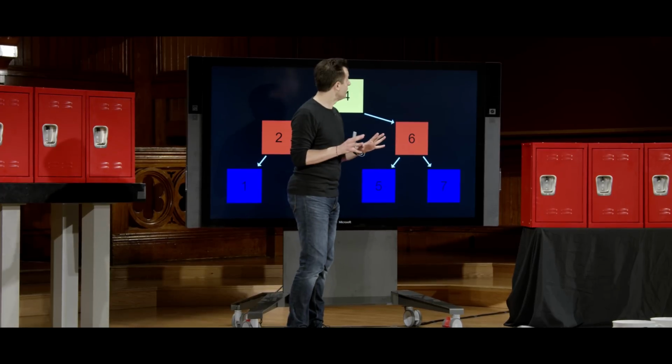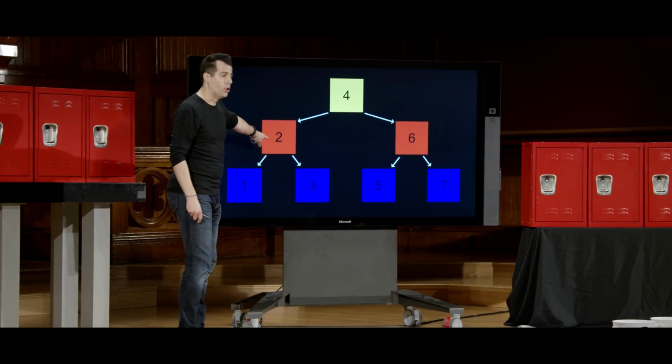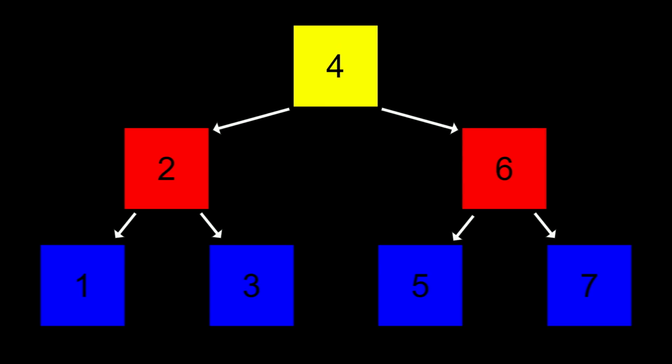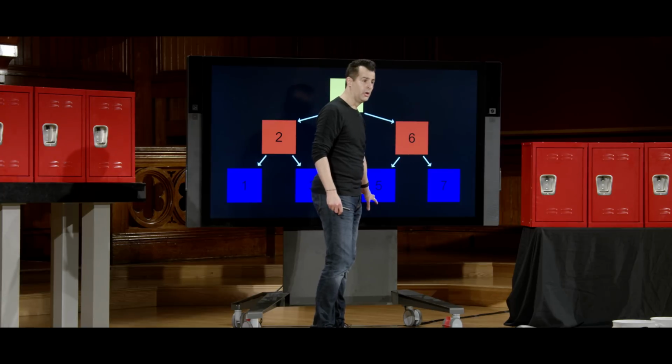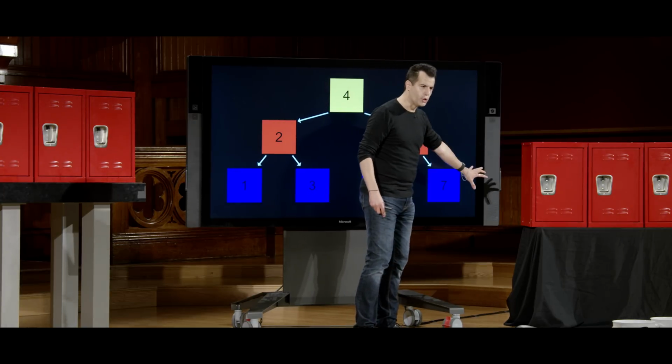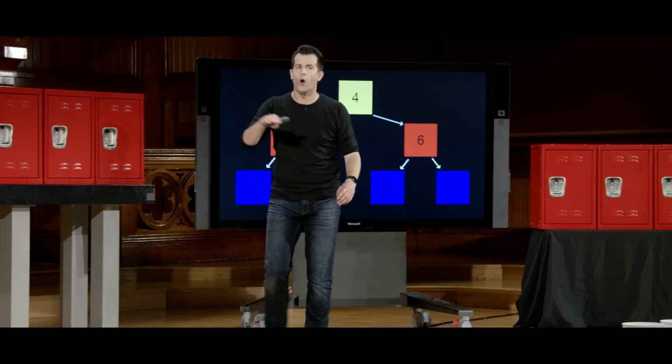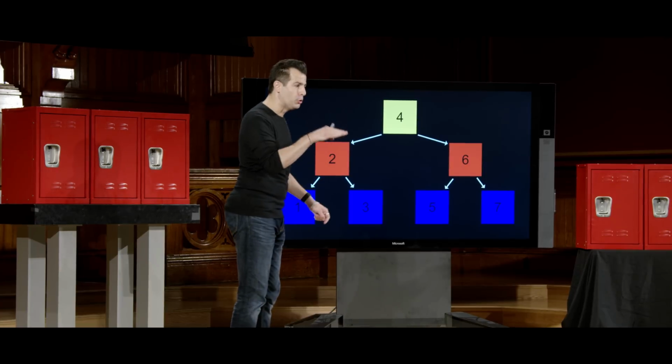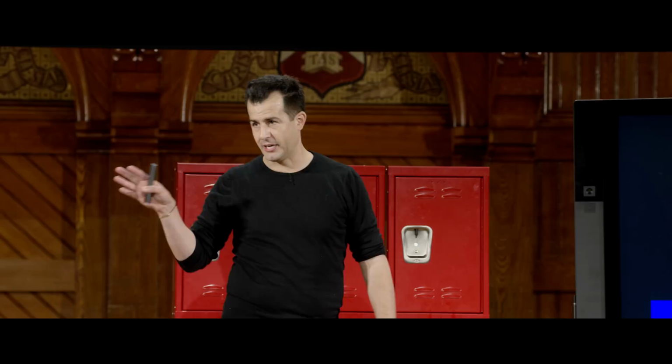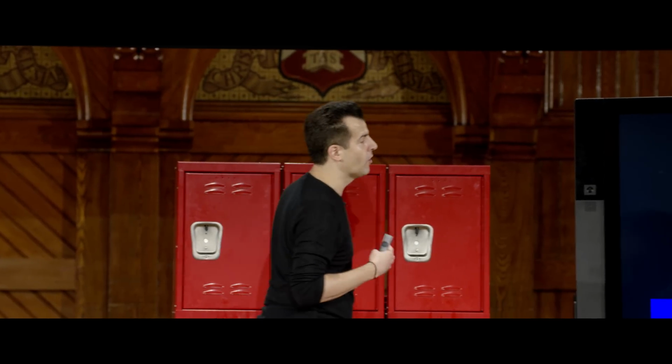That's a recursive definition, because watch. Look at this node. Everything to the left of it is smaller. Everything to the right of it is larger. Let's look at 6. Everything to the left of it is smaller. Everything to the right of it is larger. So it's recursive in the sense that no matter what node you look at, no matter what rectangle you look at, what I just said correctly is true of both the left child or subtree and the right child or